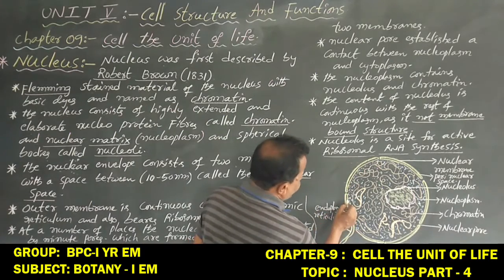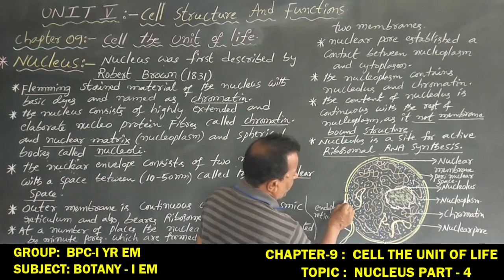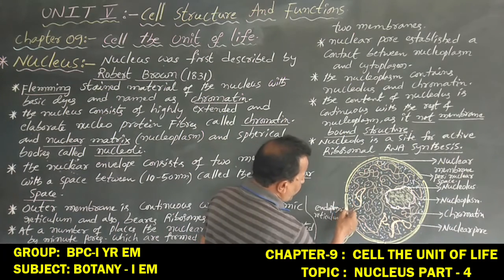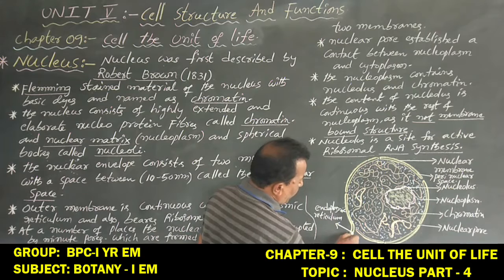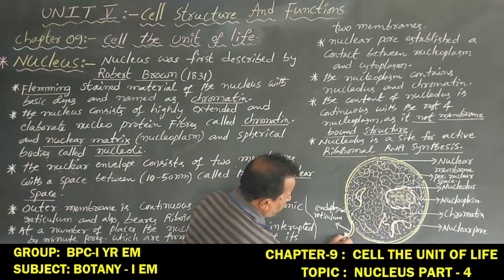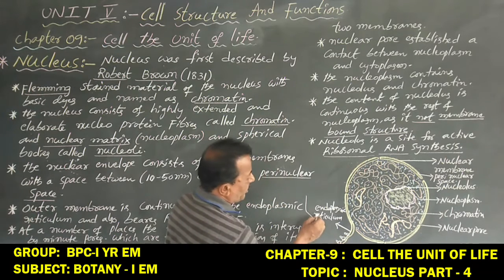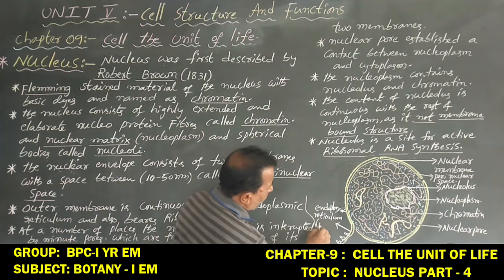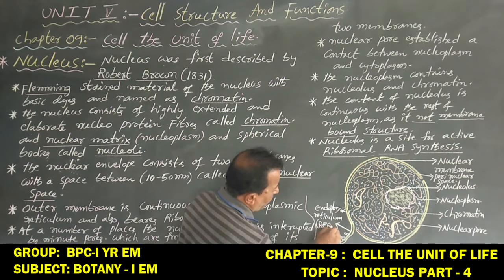So dear students, this is the inner membrane, this is the outer membrane. The outer membrane is also continuous with the endoplasmic reticulum, and this endoplasmic reticulum bears ribosomes, that is known as rough endoplasmic reticulum, short form